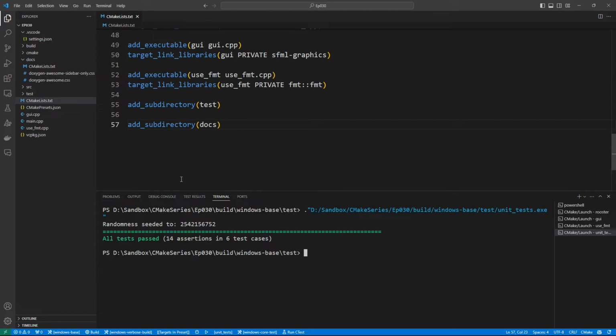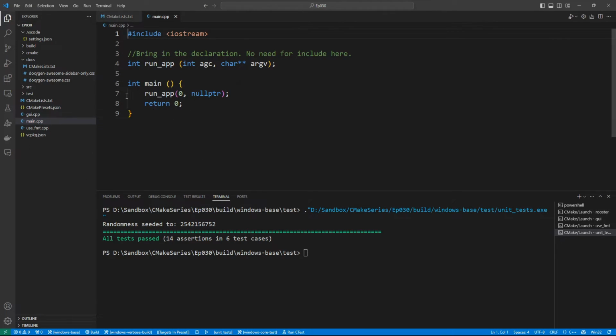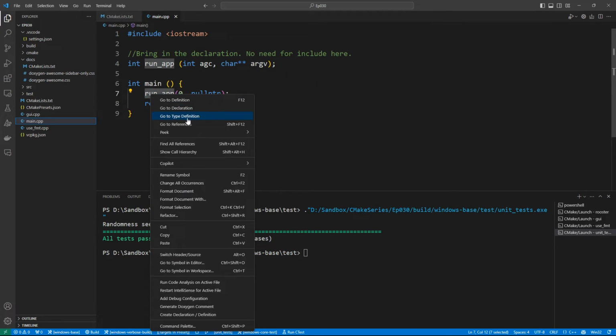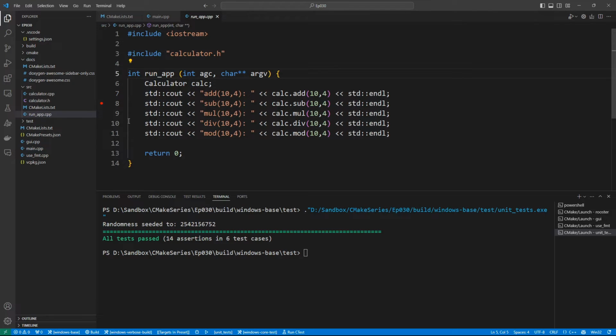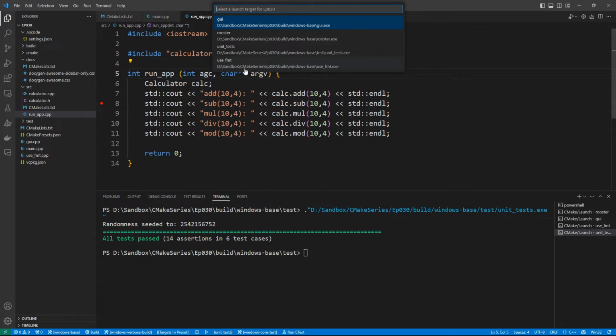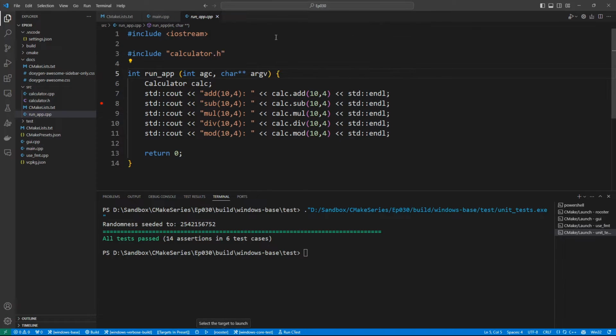The power comes when you want to debug your application. Suppose we want to debug the code in our main function here. So let's go in our run app function. How can we go there? Go to definition. Okay. And we can go down here and put a breakpoint in the run app function here. So we can specify that we want to run the rooster binary because that's what is using our run app